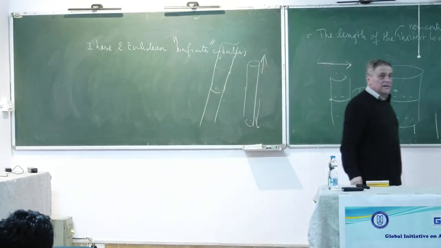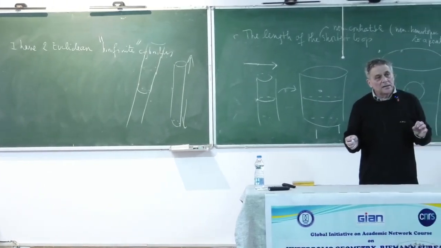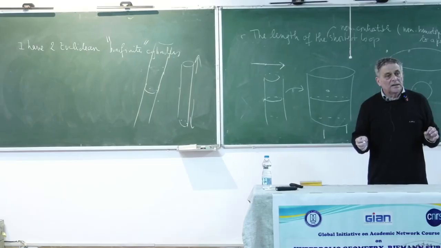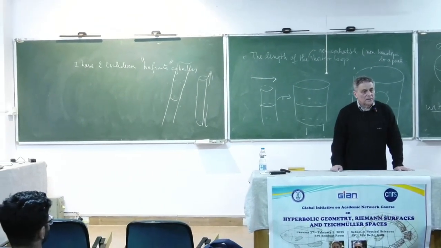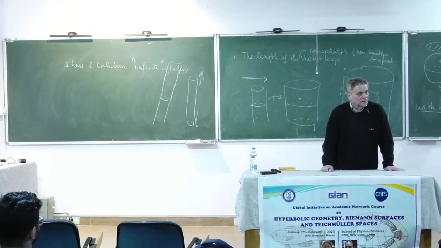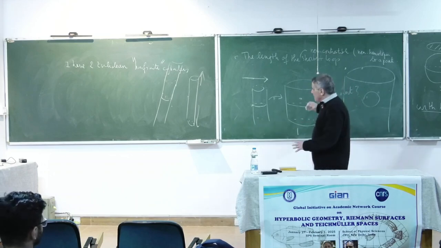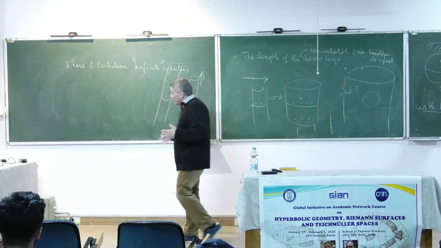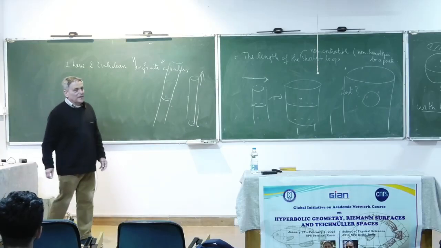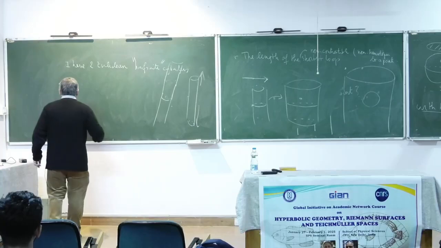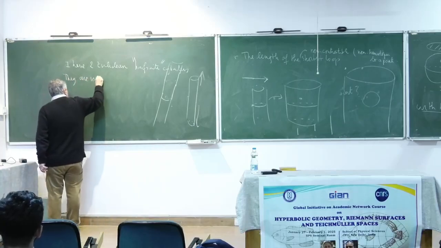I have two bi-infinite cylinders, and my question is, how can I recognize whether these two bi-infinite cylinders are isometric or not isometric? Yes, it's the same thing. So now, if you have followed everything I said, I will not write a proof, in fact, but this is clear from the pictures. So they are isometric